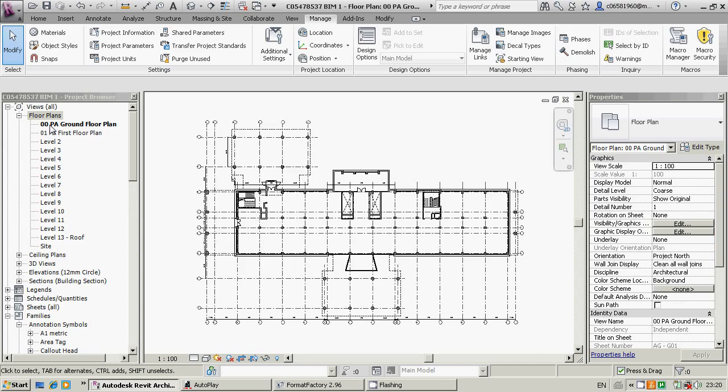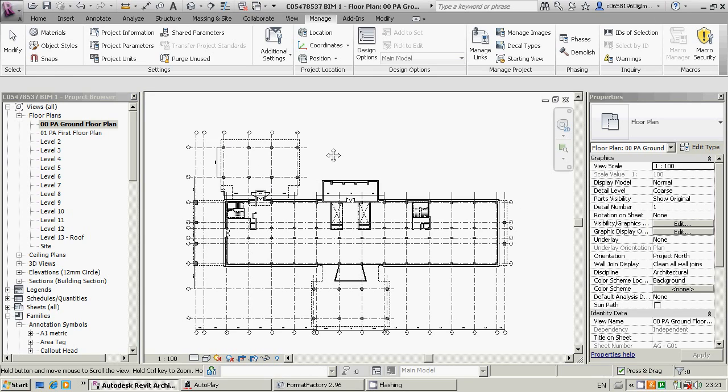So I've just gone ahead and renamed my plans just to give them a better order: level 1, level 2. I just called them 0, 0, 0, 1 so they stay in order. Planning application and ground floor, first floor. I'm going to just do those two for now. Now,